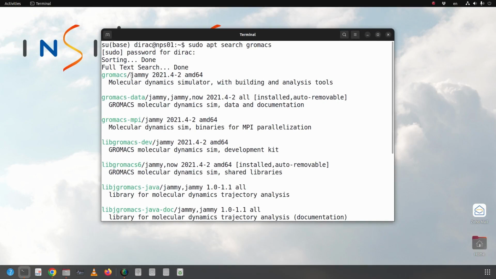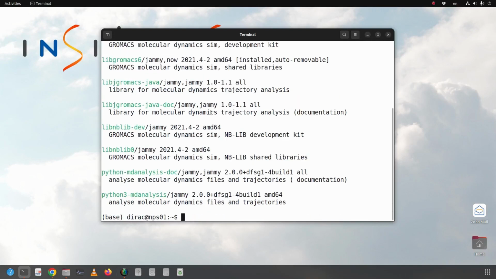I think it's an OpenMP binary, which means it can use all the CPU cores inside a single network node, but you can't run parallel jobs across a network. So now we only install the GROMACS binary by sudo apt install gromacs.